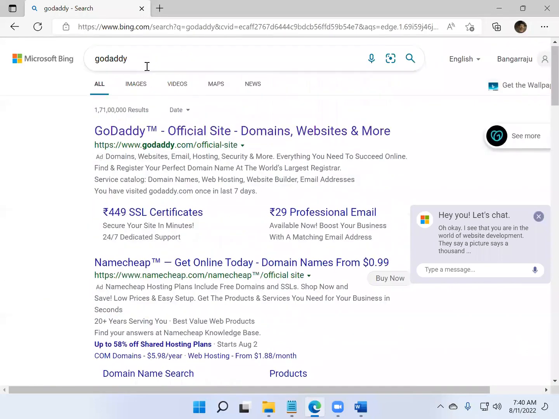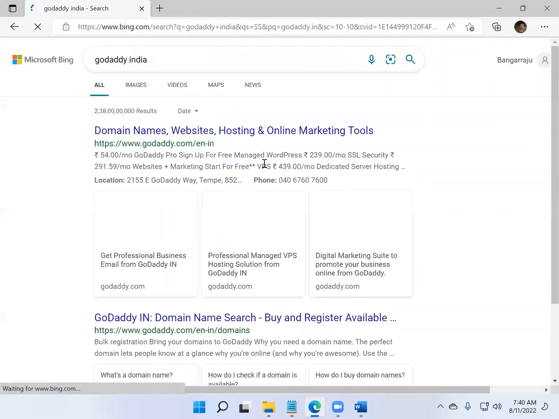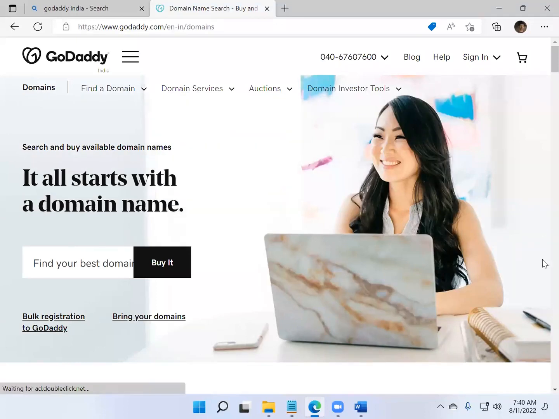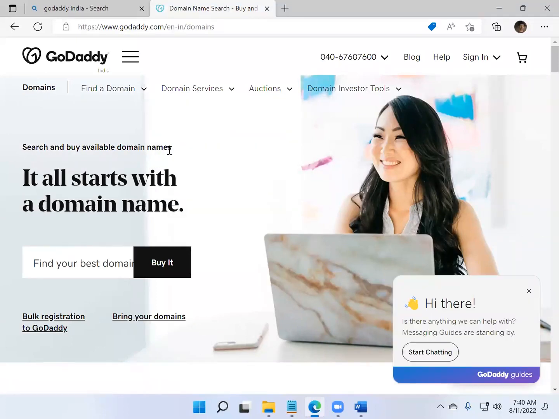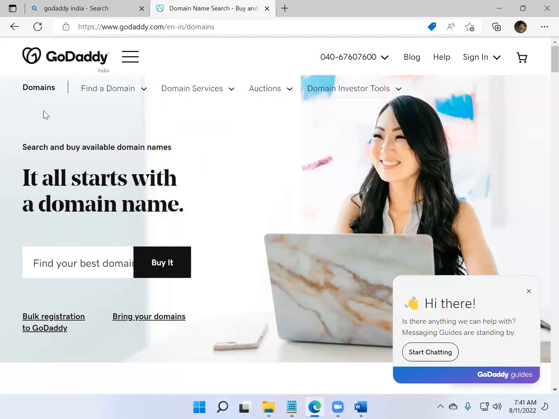GoDaddy.com, if you open, will take you to the US site, so use GoDaddy.in. Here you have all the domain services I already showed you in the last class.